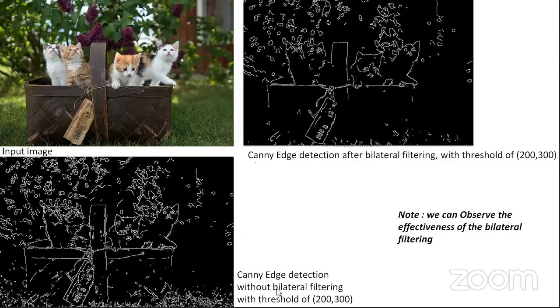Okay, so this is the Canny edge detection without the bilateral filtering. Here you can see this looks far better than this. Okay, so this is the effectiveness of the bilateral filtering. Now moving